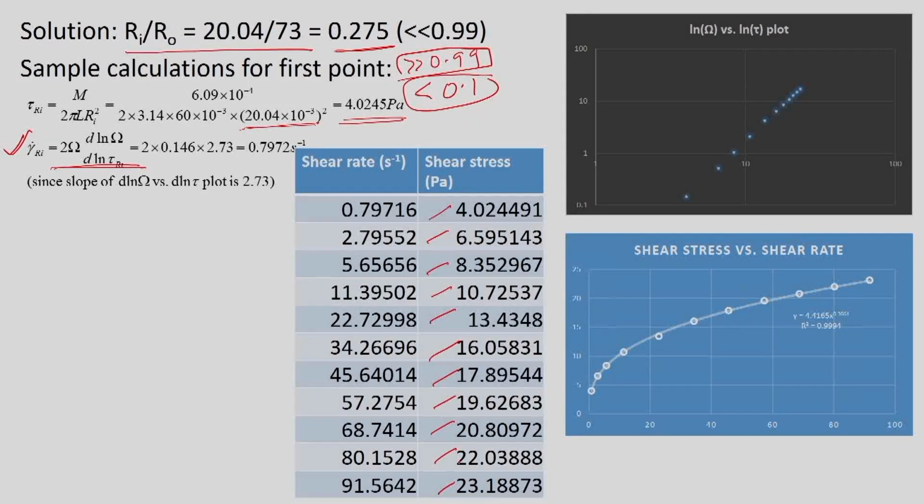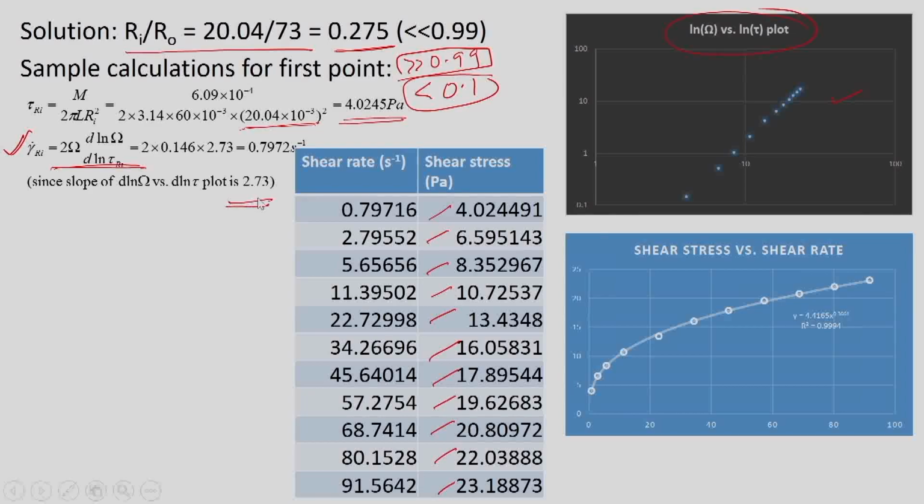You have to plot a curve ln omega versus ln tau. Then this curve would be mostly a straight line. The slope of this curve would be used in the gamma dot Ri calculations or gamma dot calculations. So, gamma dot Ri is equal to 2 omega dln omega by dln tau r. So, dln omega by dln tau r, from this graph that has already been plotted here, we